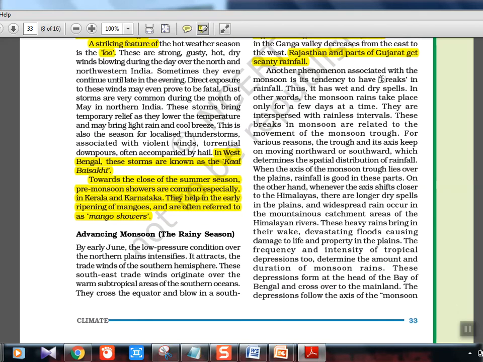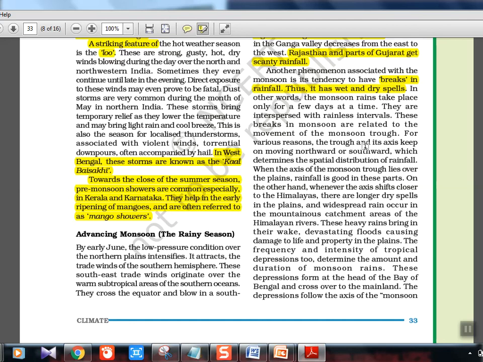Breaks in monsoon, okay, like we saw burst in monsoon where heavy rainfall happened. Breaks in monsoon is where there is a dry spell, like it has alternating wet and dry spells. That's called a break in monsoon. It's not like you will continuously get 10 days of rain, then suddenly for 2 days there will be no rain at all, then again rain will start. That interval is called a break in rain.